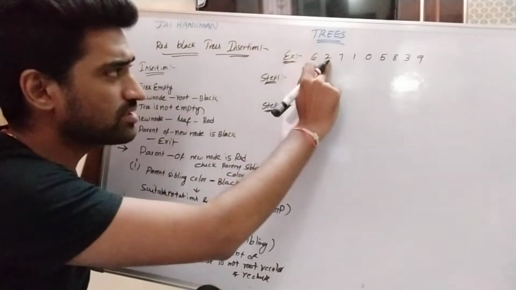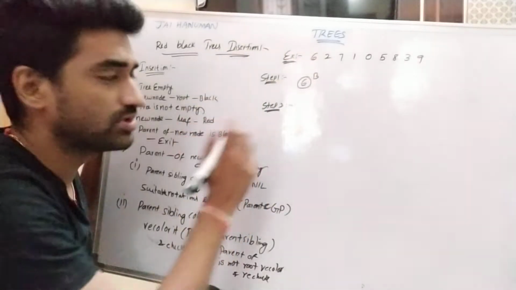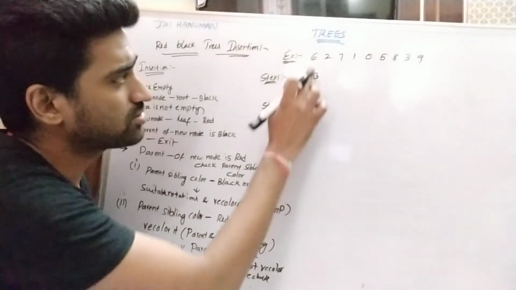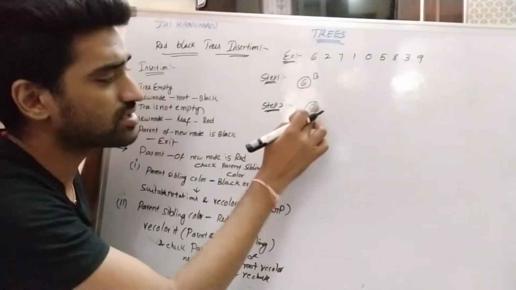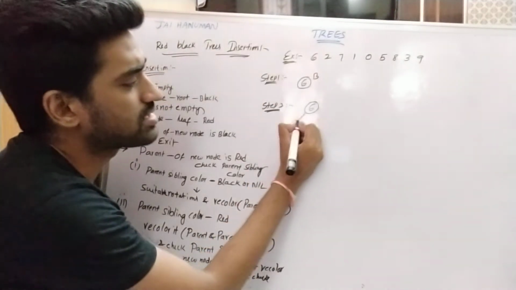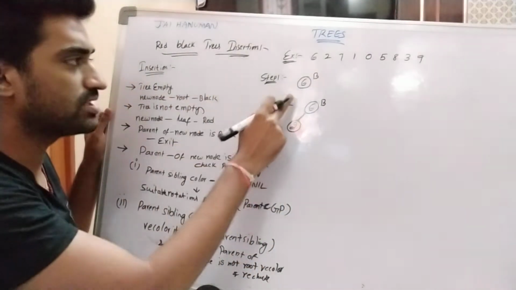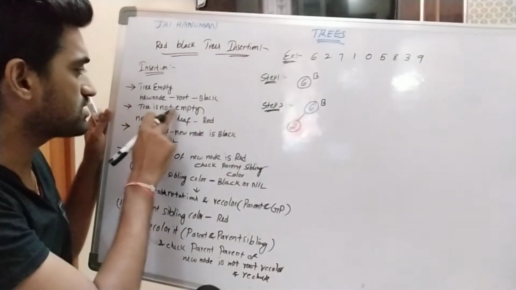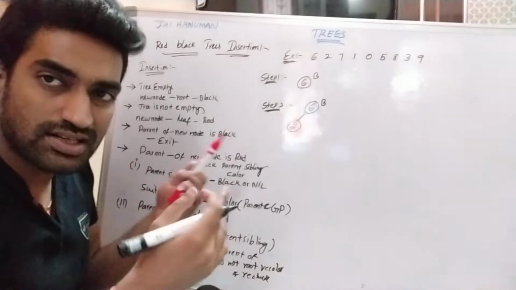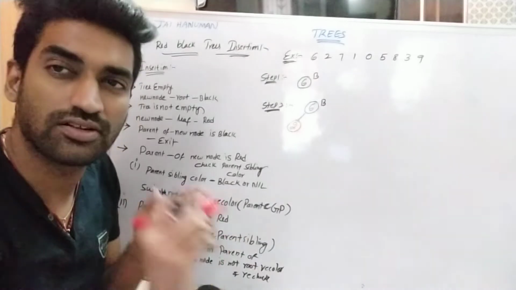Here I am inserting one more element. Now this is a red-black tree, right? I am inserting 2. The red-black tree follows the BST property, remember that. 2 is less than 6, so we place it left of 6. 6 is black. The tree is not empty, so the inserted node is a leaf node that is labeled as red. Every time we insert a new node into the red-black tree, that node is considered a red node, right?